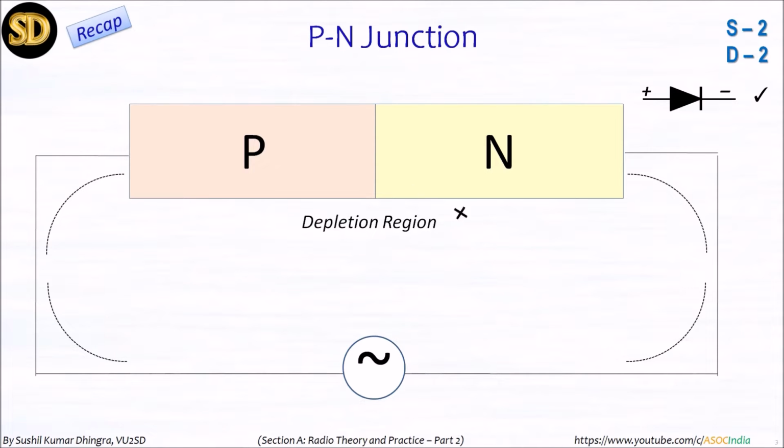Now P and negative attract, and positive also attract. The result is that the depletion region becomes very big. It is not easy to pass the AC through the region and barrier unless there is a huge level of voltage and current, or there is a breakdown in the region. One example is the Zener, which I also explained previously. But in the general case, this will not allow AC to pass through, and it will work as an open switch. So from here we continue.